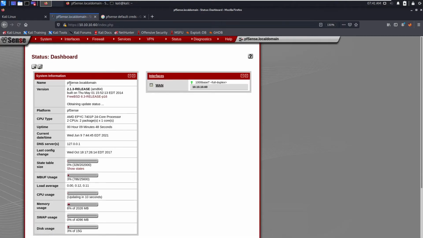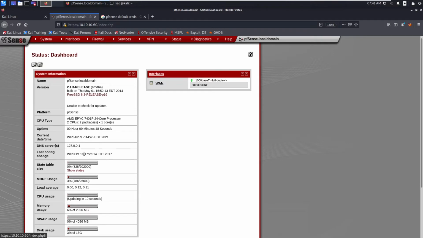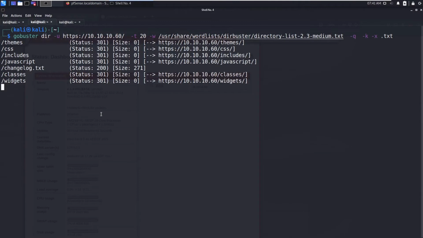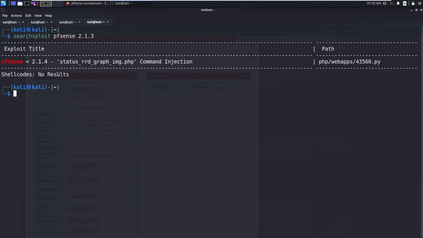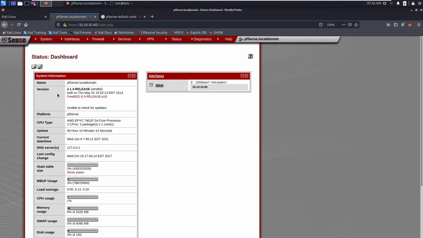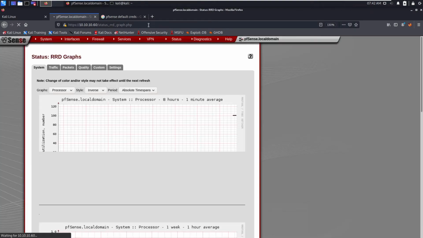Okay, now we got the dashboard, and now you can see the version 2.1.3 and also the operating system version. So you can go to searchsploit pfSense 2.1.3, and now you get one command injection in the status_rrd_graph_img.php. So we need to search for this status rrd graph.